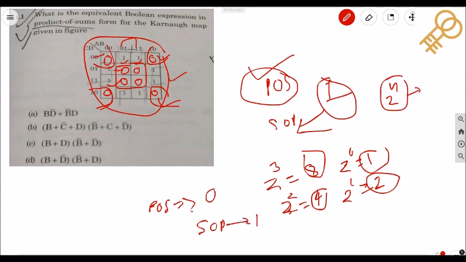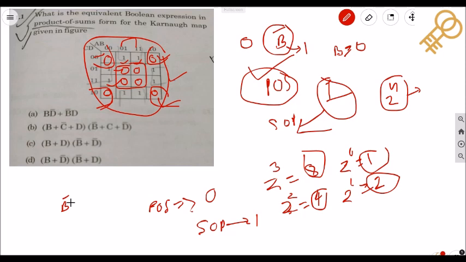So this 0 and 1 will give 0. And this 1 1 will give B complement, because here it is 1, and if the whole thing is 1, then only can we say B will be 0. So for this we'll consider B complement,